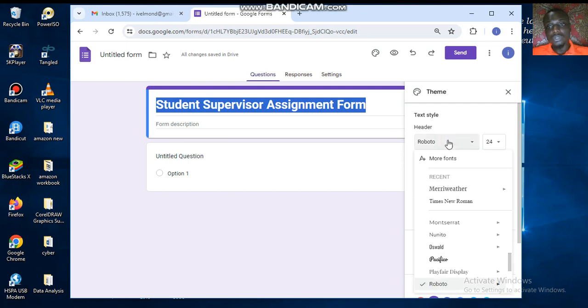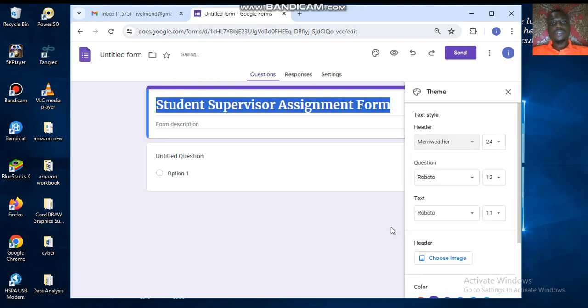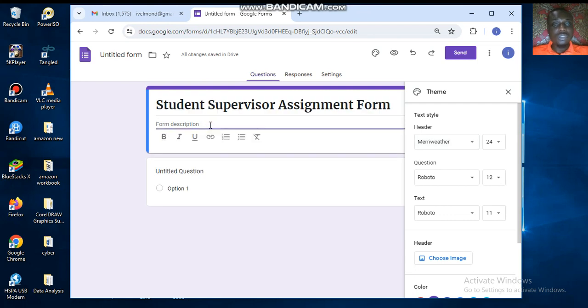I want to change it to Merriweather. I like Merriweather a lot, so I mostly use it for my text. So after doing this, you can include a brief description, because people who are going to fill your form will definitely want to read what this form is about. They sent me a link, what is this link about? So the description of your form, you just put it here in this form description section. All right, so